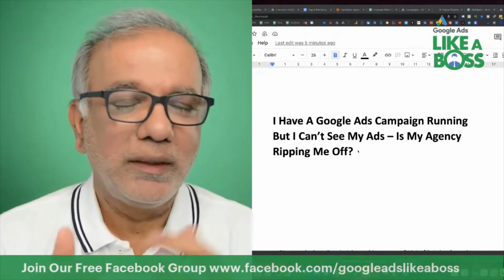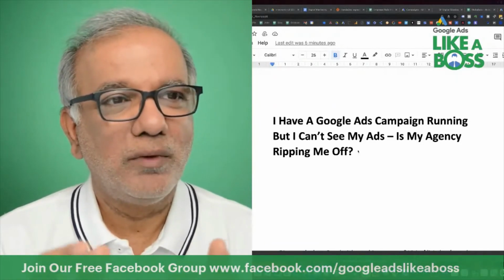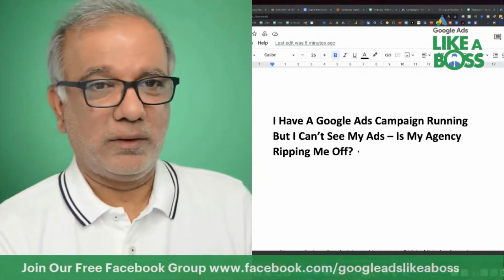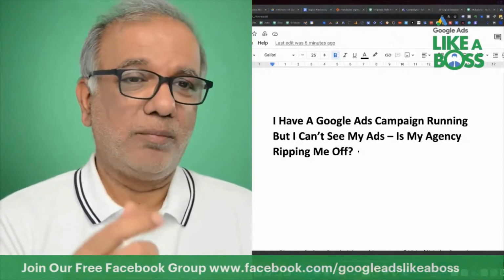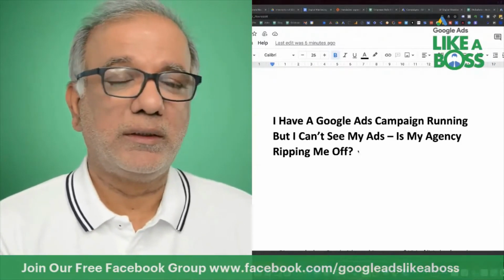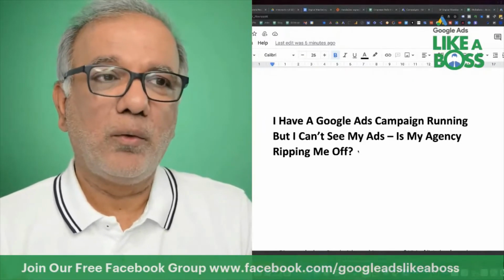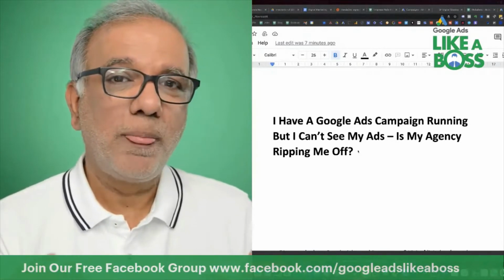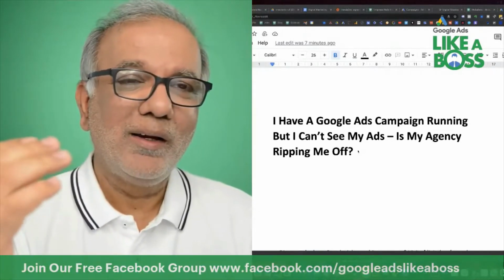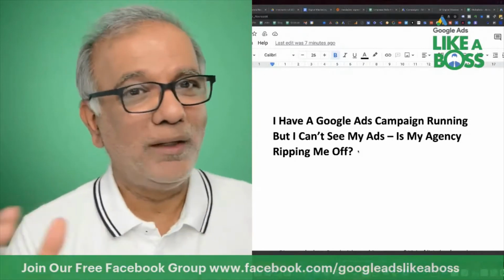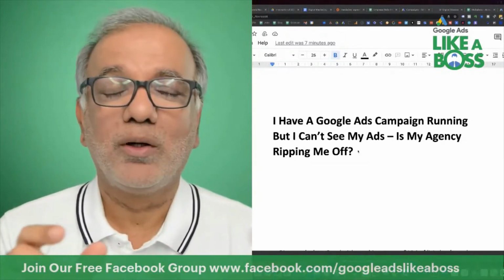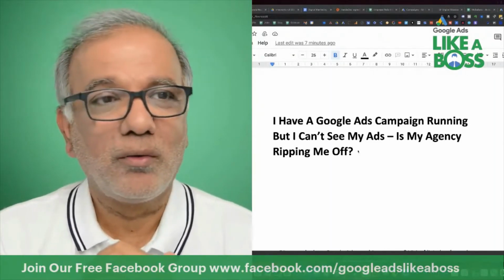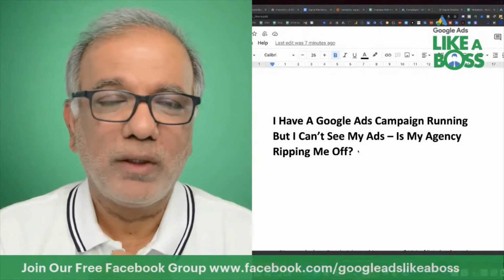They're going to stop showing you the ads, because with the smart bidding, Google is in the business of getting the right click so that they can get that conversion for the client. If they keep showing ads and you're not getting any conversions, yes, your impressions are going to go up, your CTR is going to go down, your quality score is going to suffer, your CPC is going to go high, your ad rank is going to go low. So many things are going to happen just because of you checking every 2 minutes on your phone or computer whether my ads are running or not.